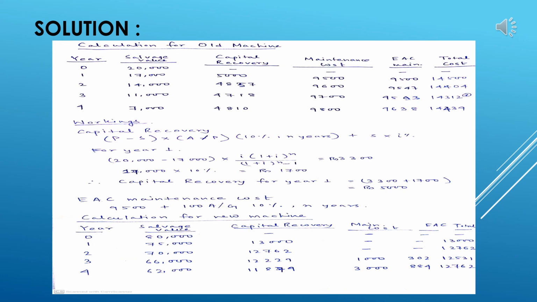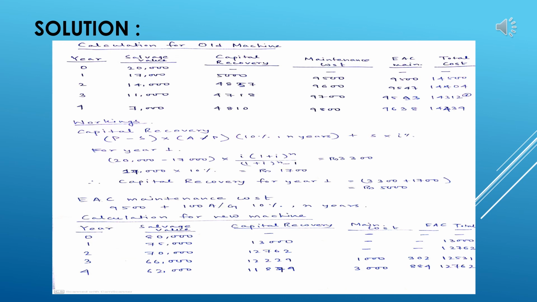If you see the star mark beside year 3, that denotes the least amount of cost incurred for that machine. So basically for the organization or any particular machine which needs to be replaced, we need to find out the minimum value, because cost is best when it is minimum. So 14,312 means year 3 gives us the best opportunity to replace this machine.